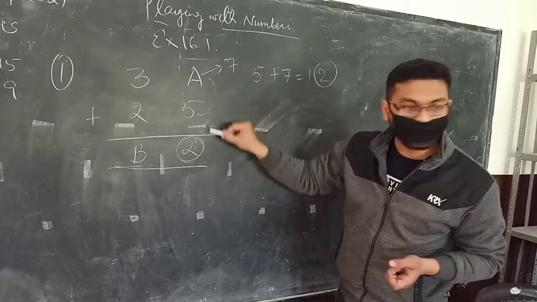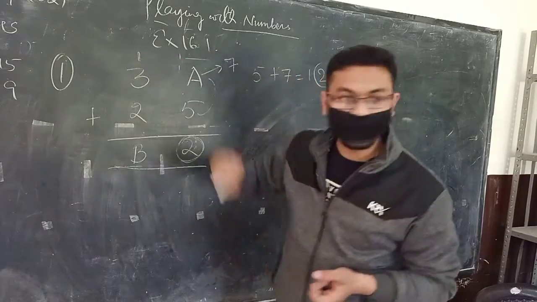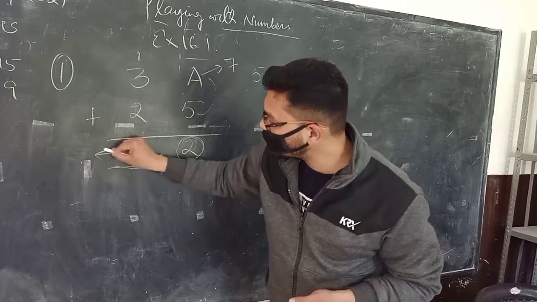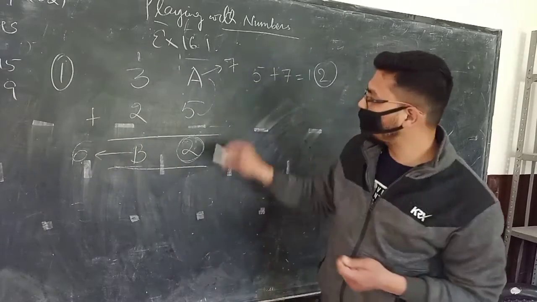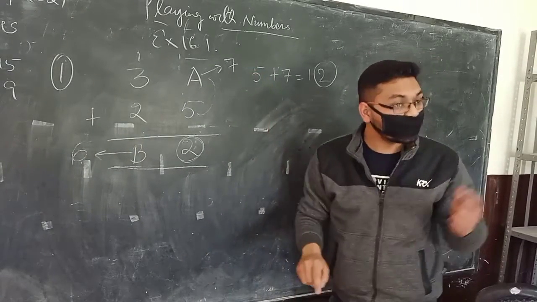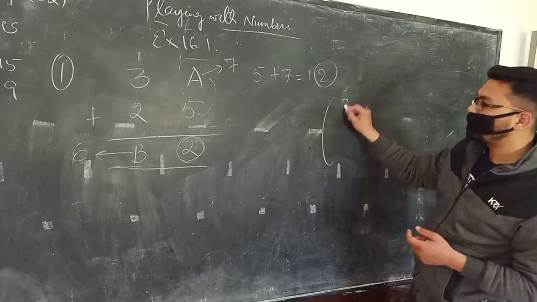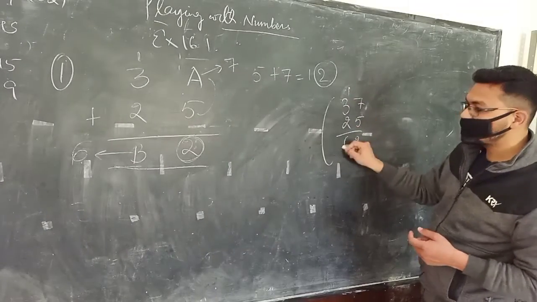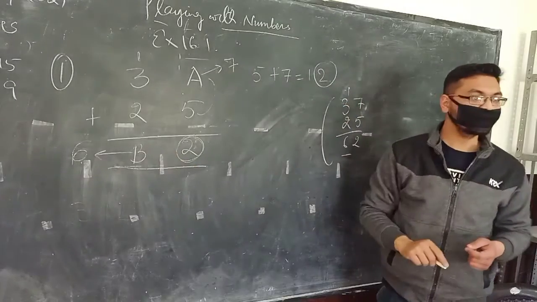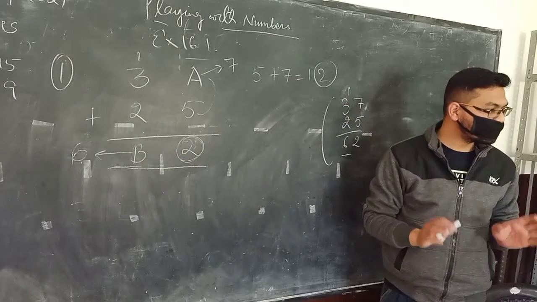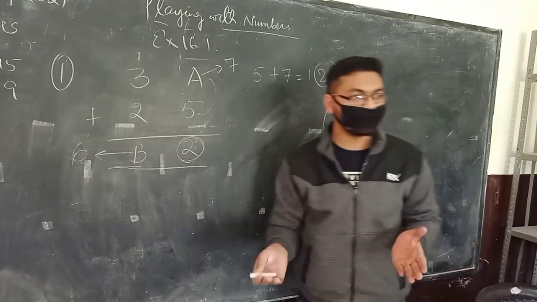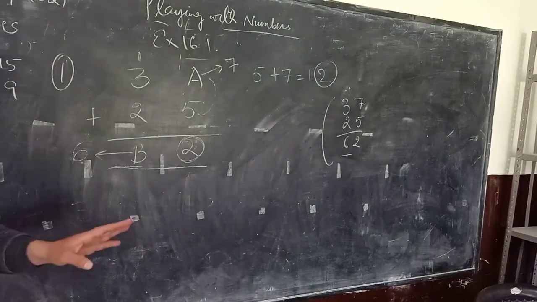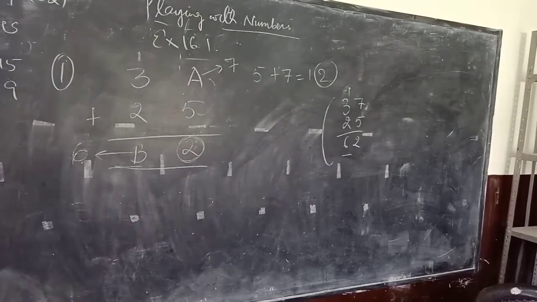Now 7 plus 5 is 12, so there is one carry 1, right? So 2 plus 1 is 3 and 3 is 6. So the value for B is 6 and the value for A is 7. You can even justify here, right? See, 37 plus 25 is 62. Any doubt to any student? I don't think beta there will be any doubt here, but still if you have any doubt please raise your hand. Okay, then note it down fast.